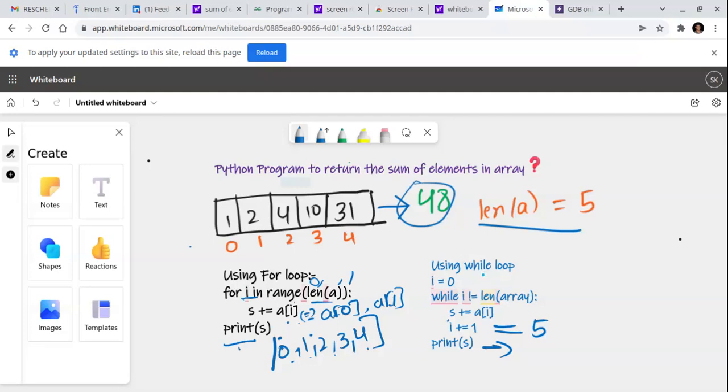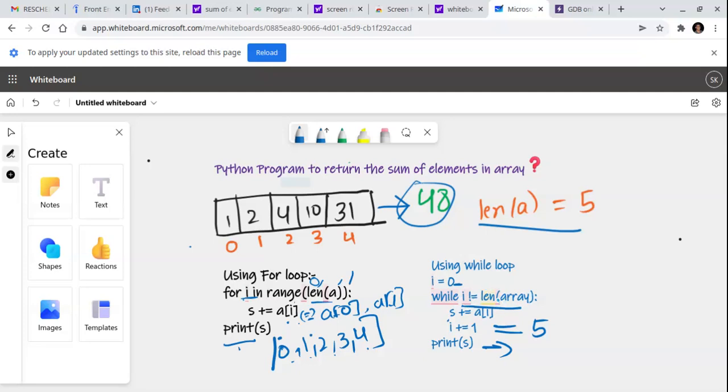So let's see using the while loop as well. In a while loop, it is quite different because we need to define the iterator ourselves. You can start the iterator with i equal to 1 as well, but it will skip the a of 0 element, so it is better to start with i equal to 0. Then we're going to write the control statement as well,